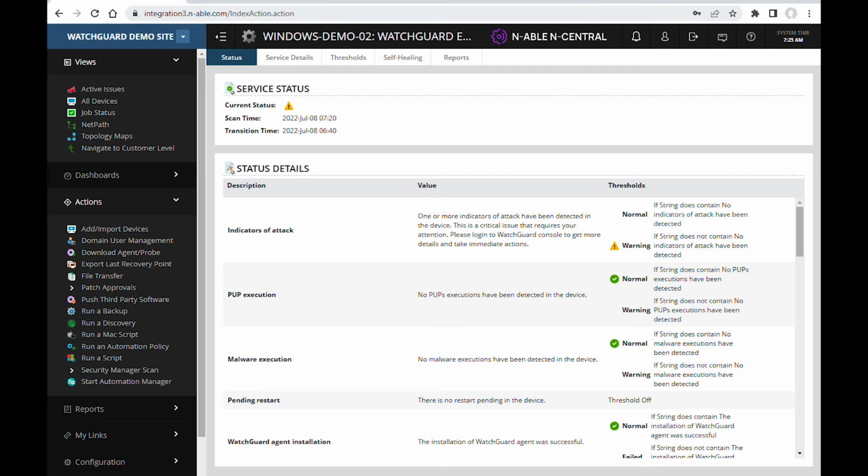In the case the previous items return a normal status, the status of the monitoring service will show an advert icon if any of the following returns a failure status: indicator of attack detected, PUP execution detected, or malware execution detected. And finally, threat detections will always return a normal status, even if detections occur, as we prevent the attacks detected before they are executed. In this case, details will be displayed in the value column of the item.